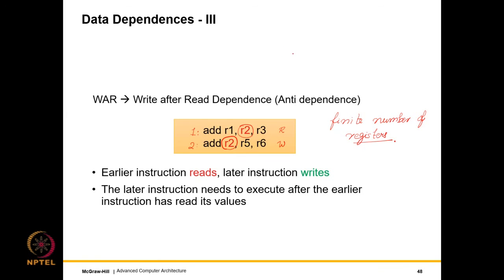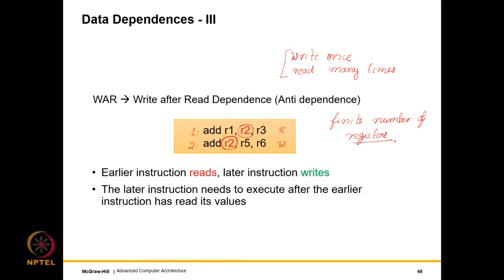So essentially, if we have this model, write once, read many times, we will actually not have both WAW, output dependencies, and anti-dependencies.